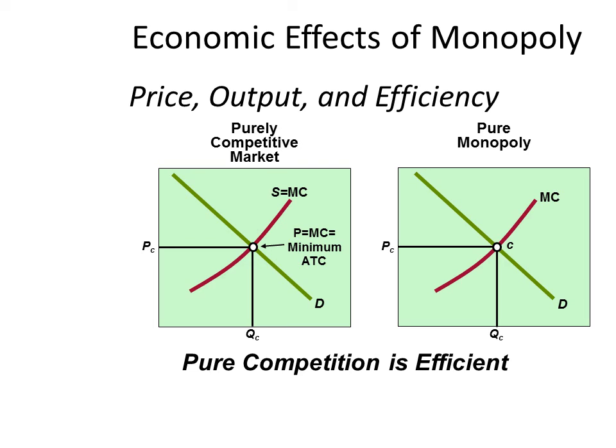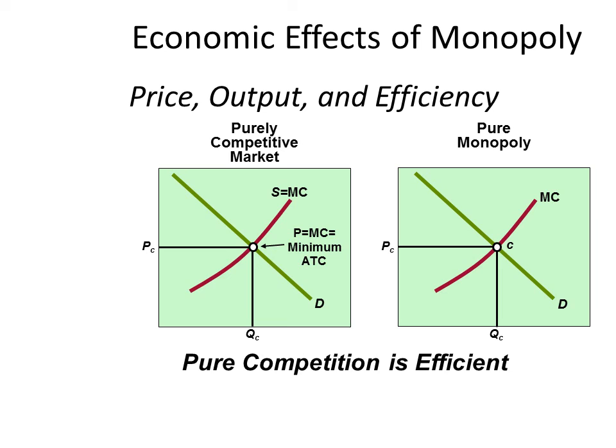Now that we've identified this principle, we notice PC and QC. Purely competitive equilibrium. Price at C, quantity at C. This leads to the most efficient outcome. Why? Because price equals marginal cost, which means this industry will achieve allocative efficiency. That is to say, resources will be used up to and including the point where the marginal benefit of consuming and producing the next unit equals the marginal cost.